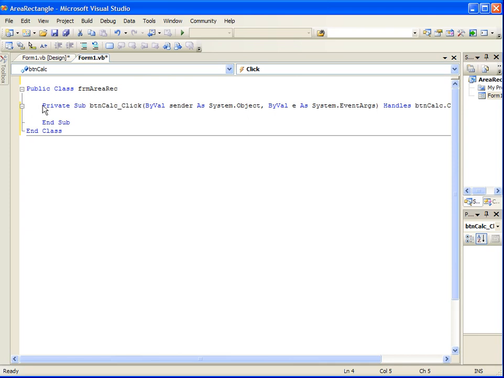Okay, we're not going to worry about code in this segment. How to get back to my form? Several different ways. One is to come over here to the Solution Explorer, click in that window,